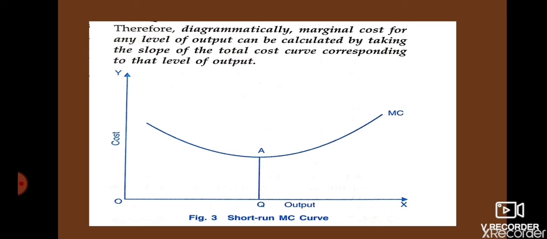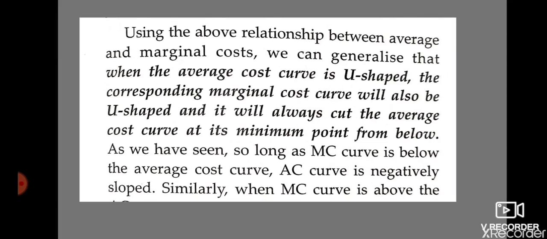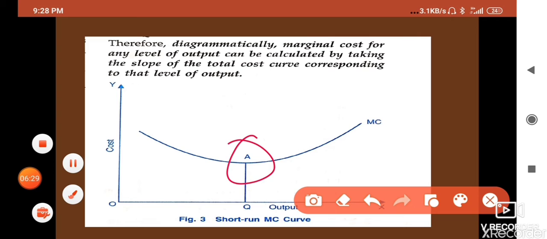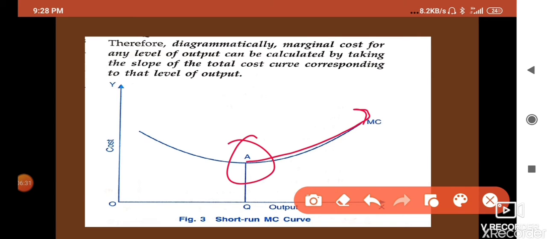It is negatively sloped in the initial stage, and after that equilibrium it will go on increasing. After full utilization of resources, MC will increase with every additional unit produced because of decreasing returns, and because of increasing returns it is coming down until the equilibrium level, or optimum use of resources, is achieved. So I hope you understood why MC is U-shaped.